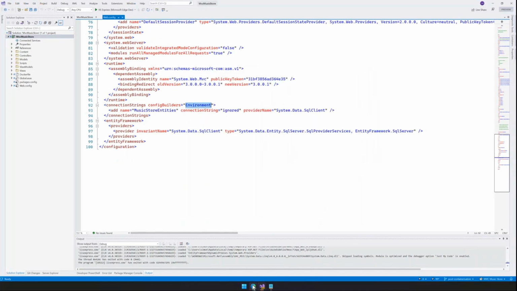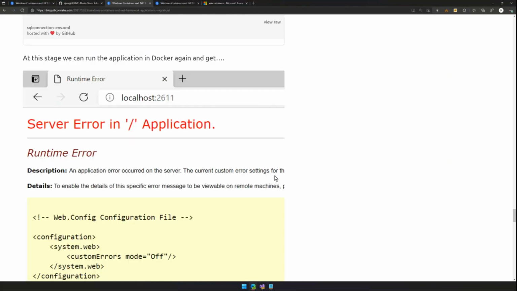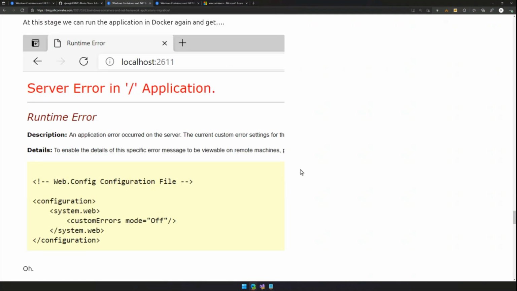Now, in the case that I've got here in my blog, and I can't repro this because I've obviously already fixed this, if I ran the Dockerized version of my app, even though I've got the environment variable set, I get a yellow screen of death. Why do you think that's happening? Does someone want to take a guess and maybe whack it in the chat window, or unmute themselves and say why my app, which runs when I debug it locally, would then give me a yellow screen of death when I debug it in a Docker container?